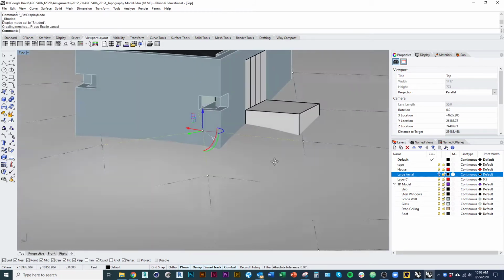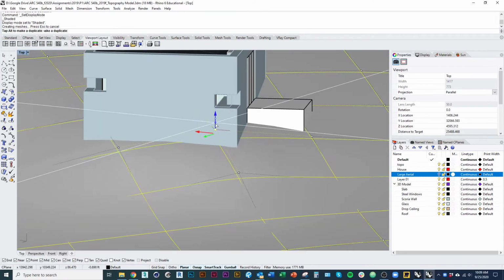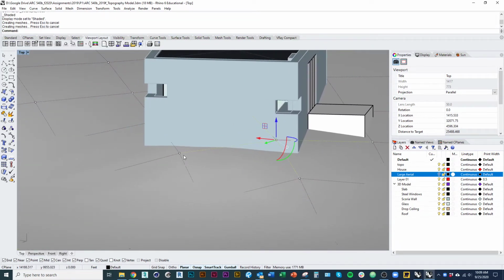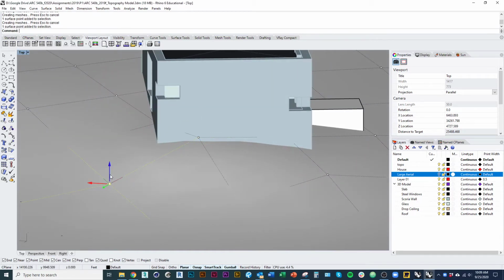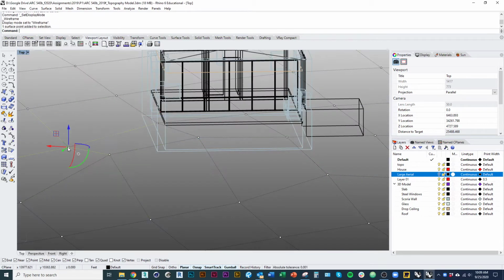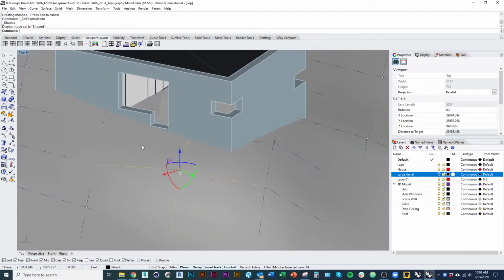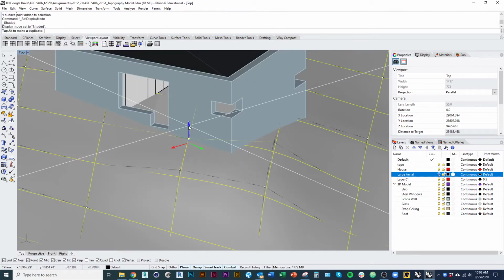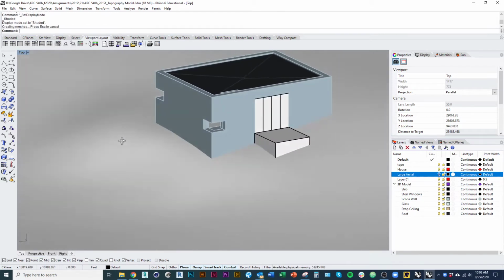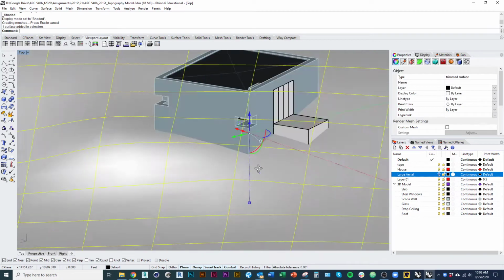I'm just toggling from wireframe to shaded. I think it's actually higher on this side too. So okay, there we go. So the only other thing that I would do at this point is, if we go